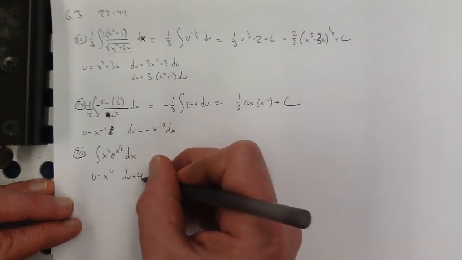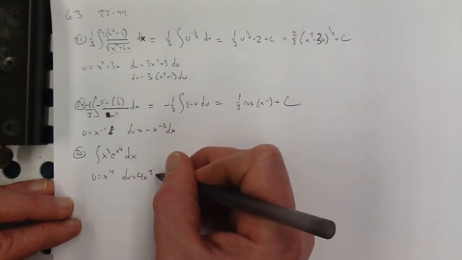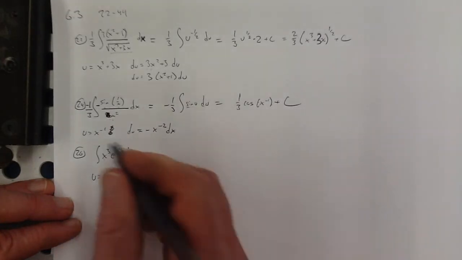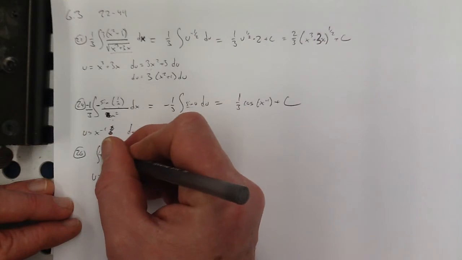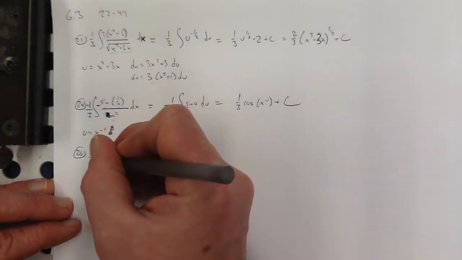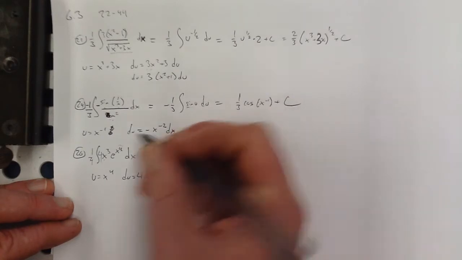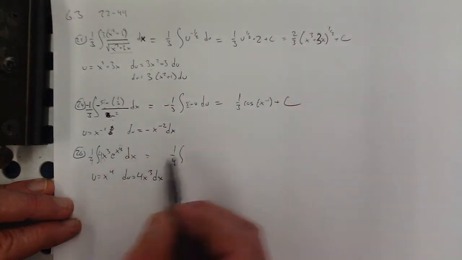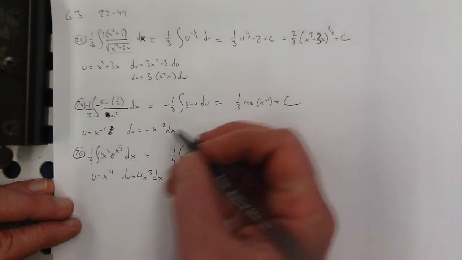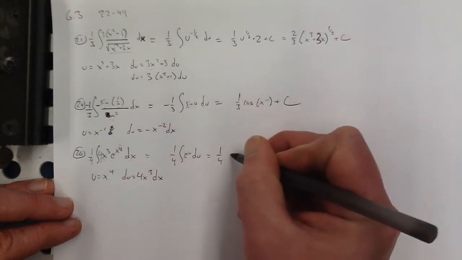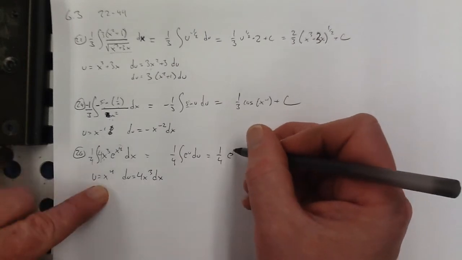So du is 4x cubed dx. So x cubed dx, that's good. Now, going to need a 4 there, so I'll put a 1/4 on the outside. And that all gets packaged up as du, and that's just e to the u. So that's 1/4 e to the u